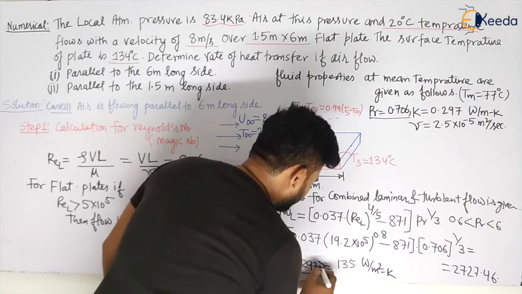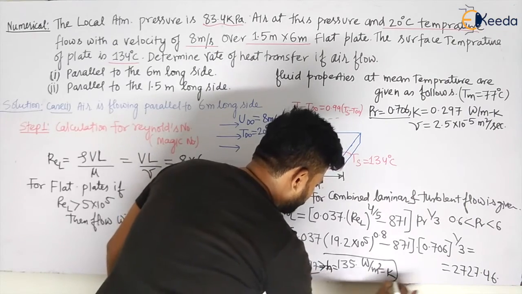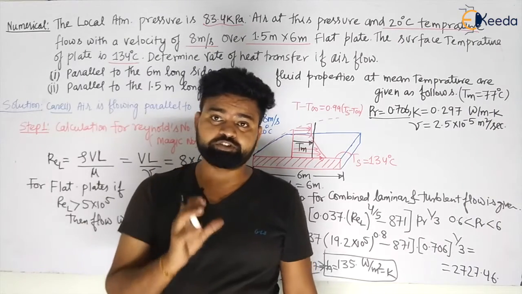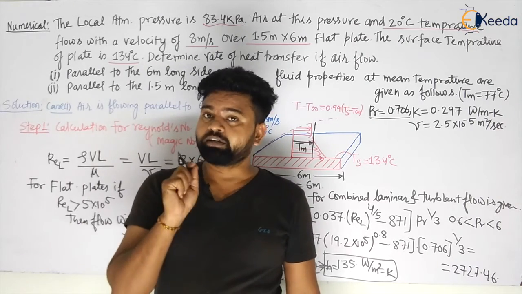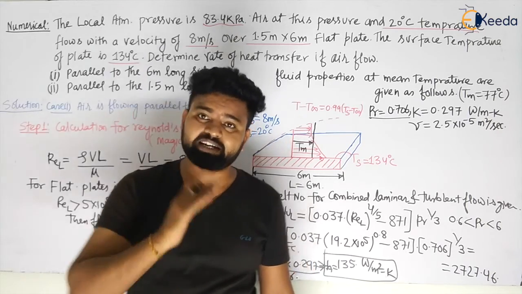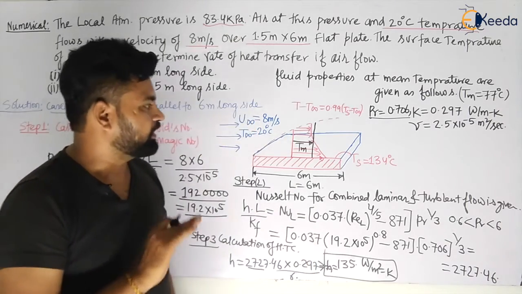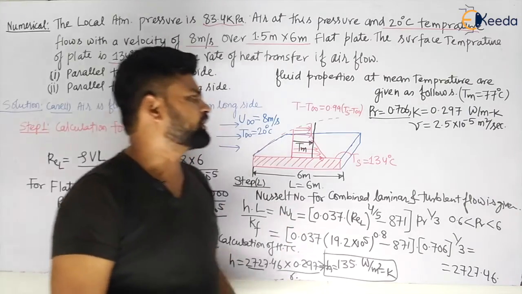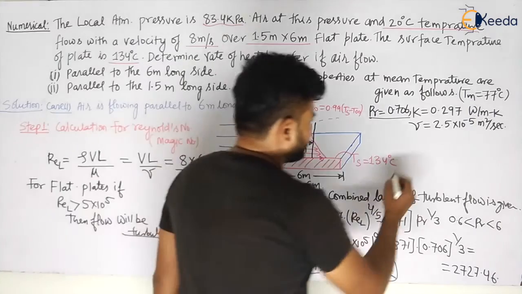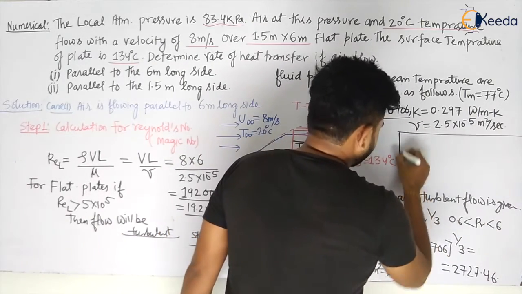So now we have the value of H, my dear students. In step 3 we have calculated the value of the heat transfer coefficient, because I have told you many times the heat transfer coefficient will be very important in the calculations, and we are calculating it regularly in forced convection. Now let us calculate the heat transfer. So how can we calculate the heat transfer? So my dear students, let us see. The heat transfer will be given by what?